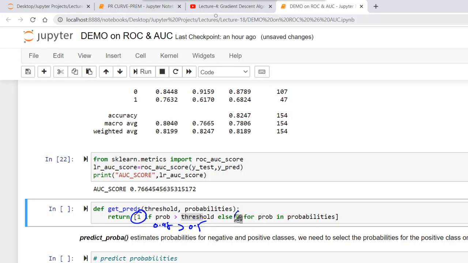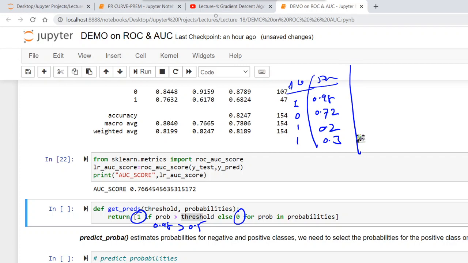Otherwise, we consider it 0. For example, the actual values are 1, 0, 1, 1, and the model predicted probabilities are 0.98, 0.72, 0.2, 0.3. With the default threshold of 0.5, 0.98 is greater than 0.5, so we consider 1, 1, 0, 0.